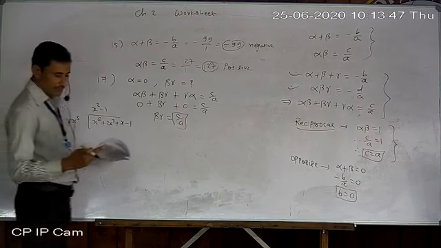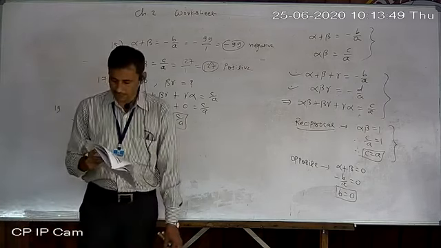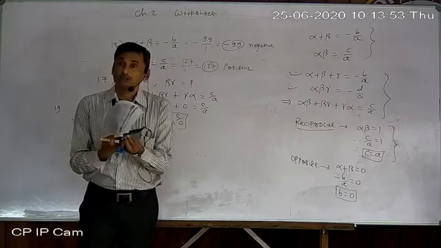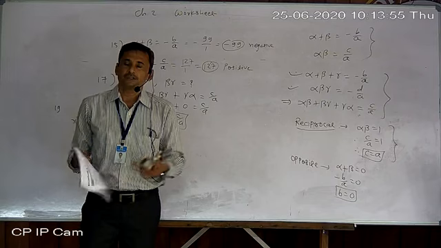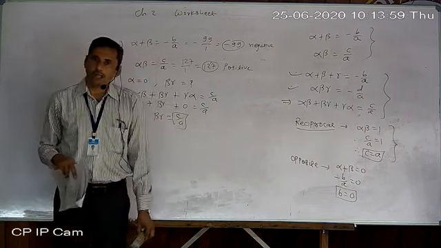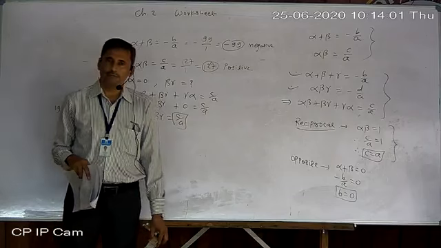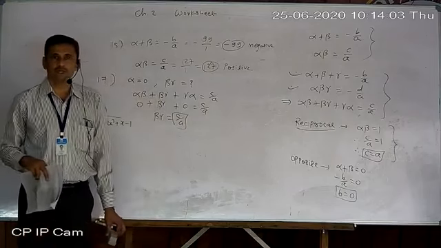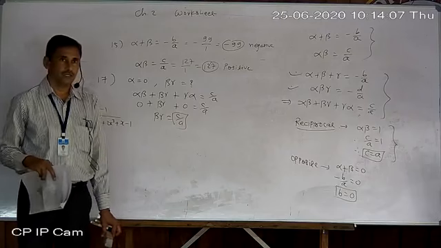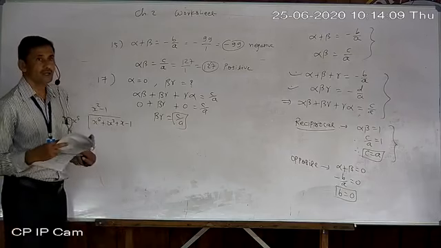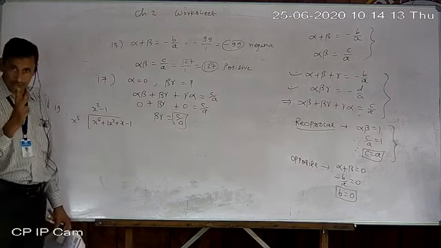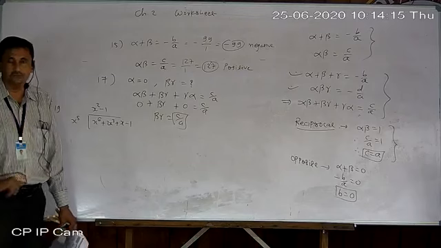If the graph of a polynomial intersects the x-axis at only one point, it cannot be a quadratic polynomial. Because I told you at the start that any polynomial has a maximum number of zeros equal to its degree. So a quadratic polynomial has either two zeros, otherwise one zero, otherwise no zero.